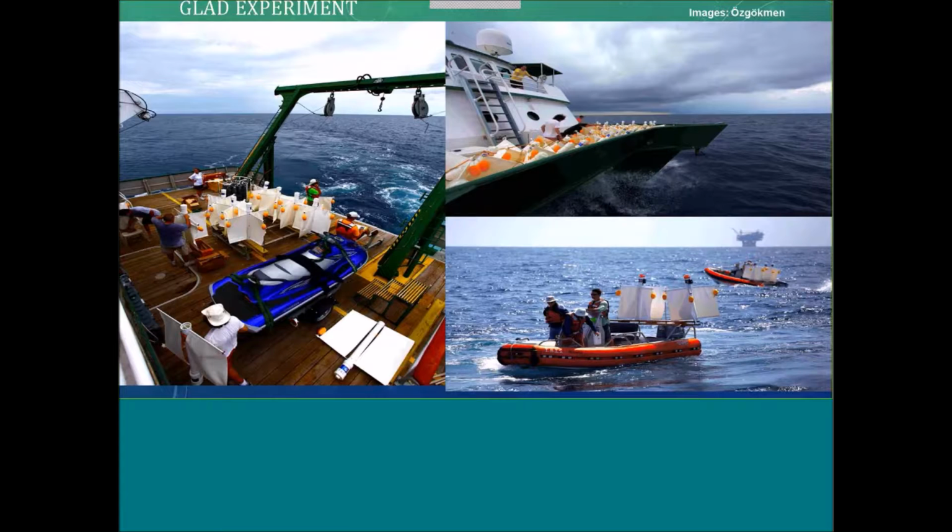So the GLAD experiment focused on drifter releases, and you see here, this is a research vessel, RV Walton Smith, which I didn't look to see if it's sitting out at the dock, but usually its home port is right out here in the cut. And what you see is a drifter design that is sort of a standard of oceanographic design called the CODE drifter, about upper 1 meter. But what we did was we put a low-cost satellite transmission system on there that would enable us to deploy 300 of these drifters out in the ocean.